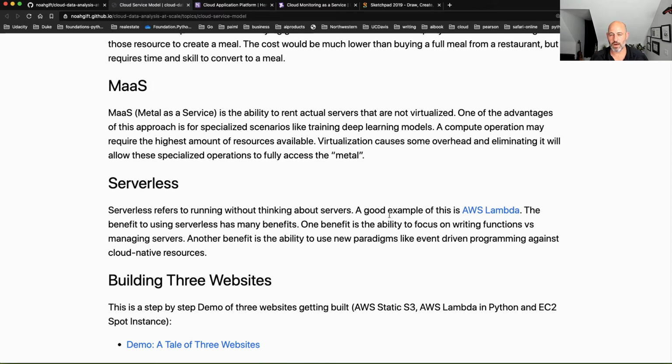The other models to be aware of is metal as a service. This used to be more important than it is now. But in the old days of creating cloud computing infrastructure, the performance was often very bad because the virtualization technology wasn't that good. And so there was this kind of back and forth.